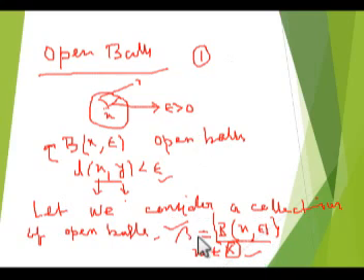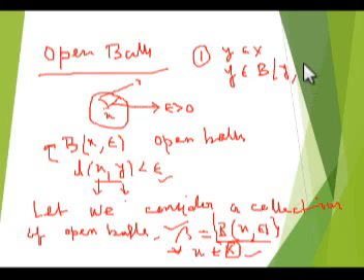So you can look at this. If we take the collection beta of open balls for all x, then for any element y in X there must be an open ball B(y, epsilon) in the collection beta. So the first axiom is fulfilled, and the second axiom is that if you take any two open balls